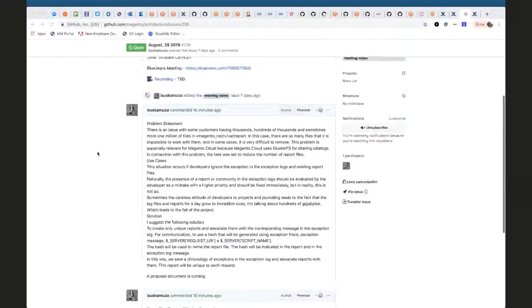So the problem that we have, and I can share the screen for people who like to read more than listen. There is some description. It will be more organized probably in the proposal, but in general, the problem is that there are customers or merchants who face an issue of a lot of Magento logs in production. Those are caused by exceptions happening in Magento. There can be different reasons why it happens. A couple of reasons that we discussed is it can be that something just happened in the application, and we have